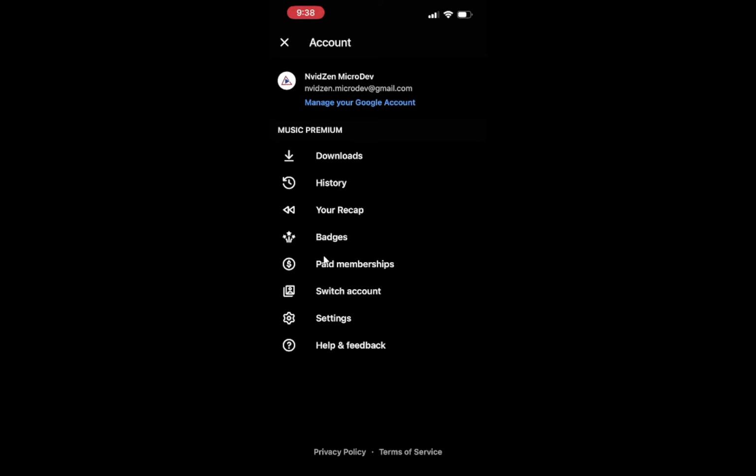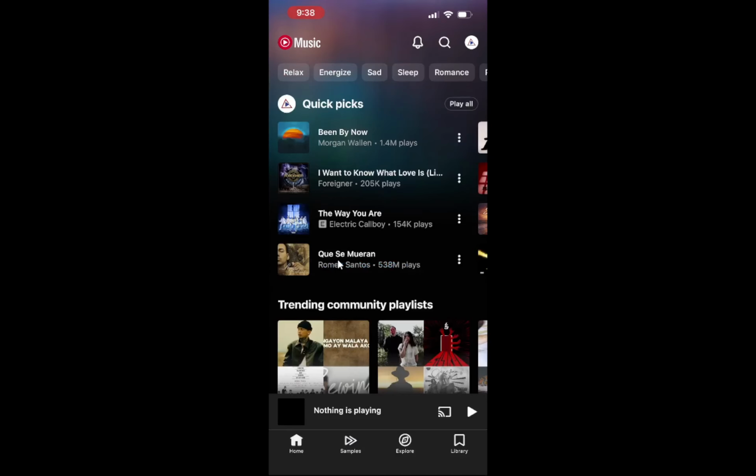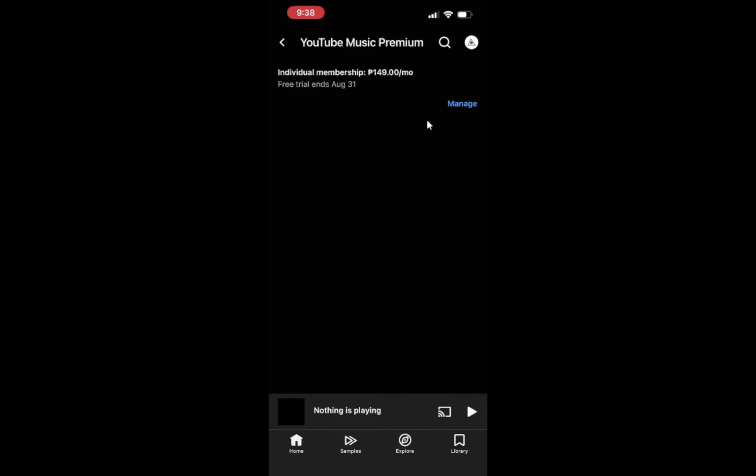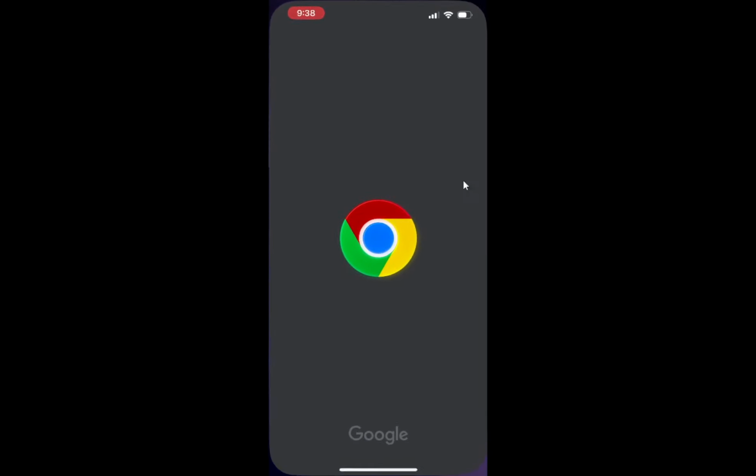If you are eligible for a trial, YouTube may show a trial option on this screen, often with the trial duration written clearly. Select the plan or trial you want, confirm using your device's normal payment method, and wait a moment. When the payment is successful, you will return to YouTube Music and see premium labels and ad-free playback on songs. You have now installed YouTube Music and activated a YouTube Music Premium plan on your phone,